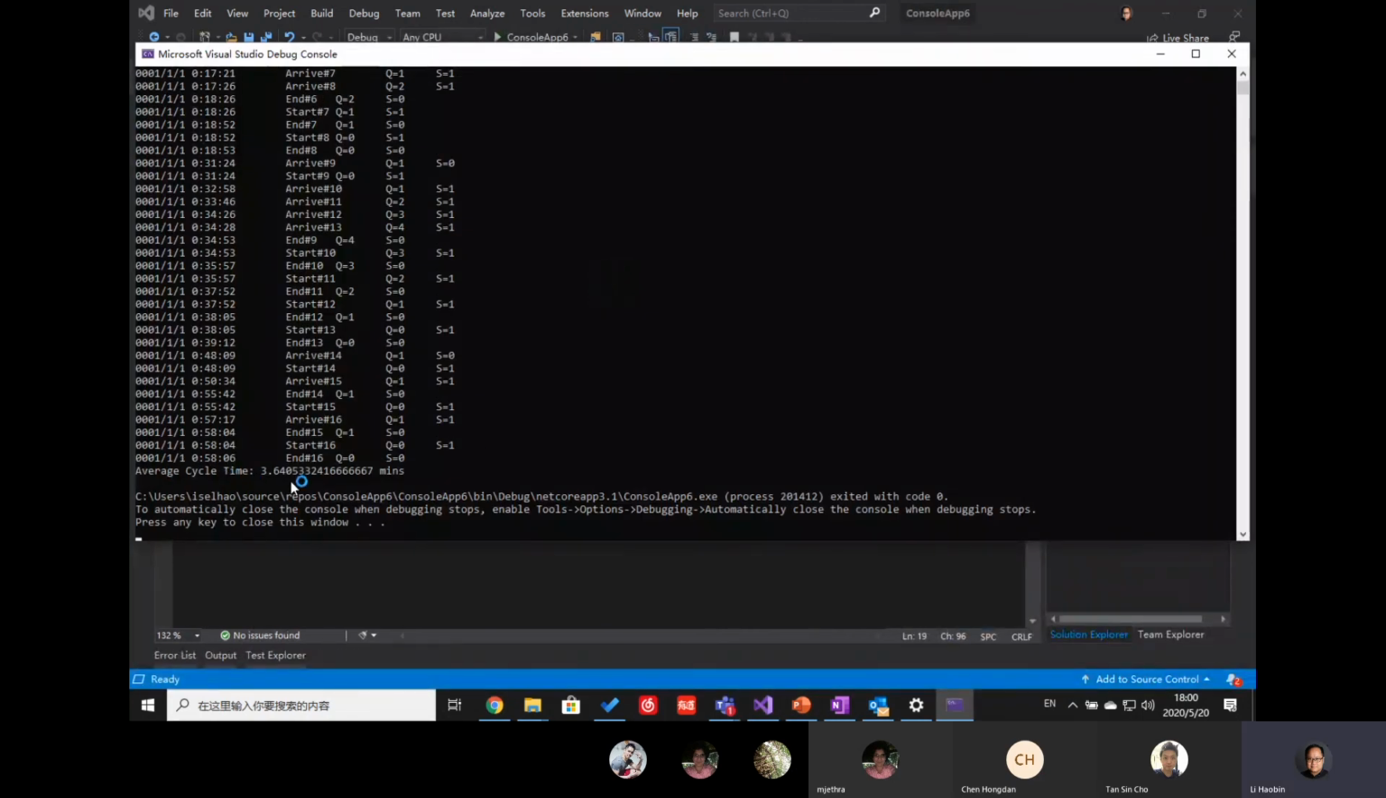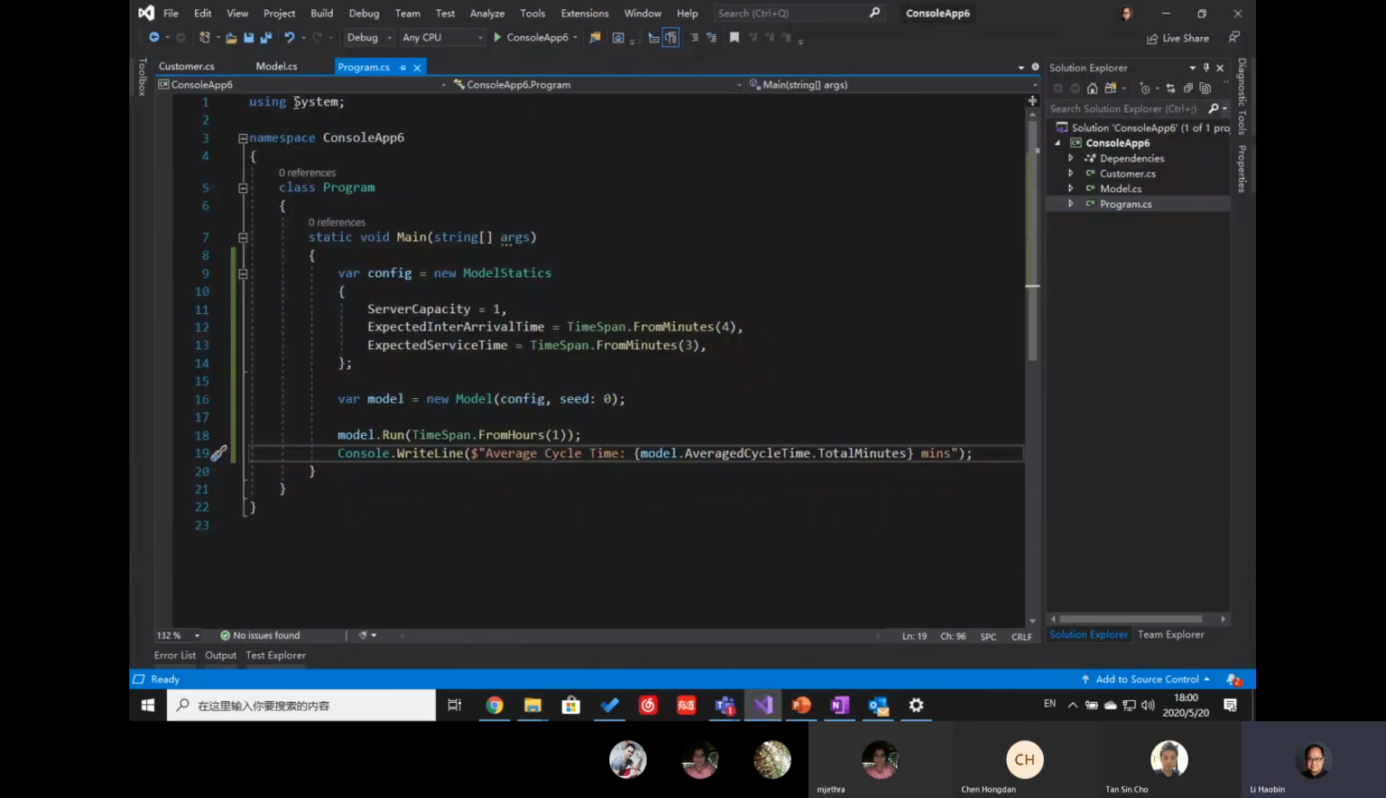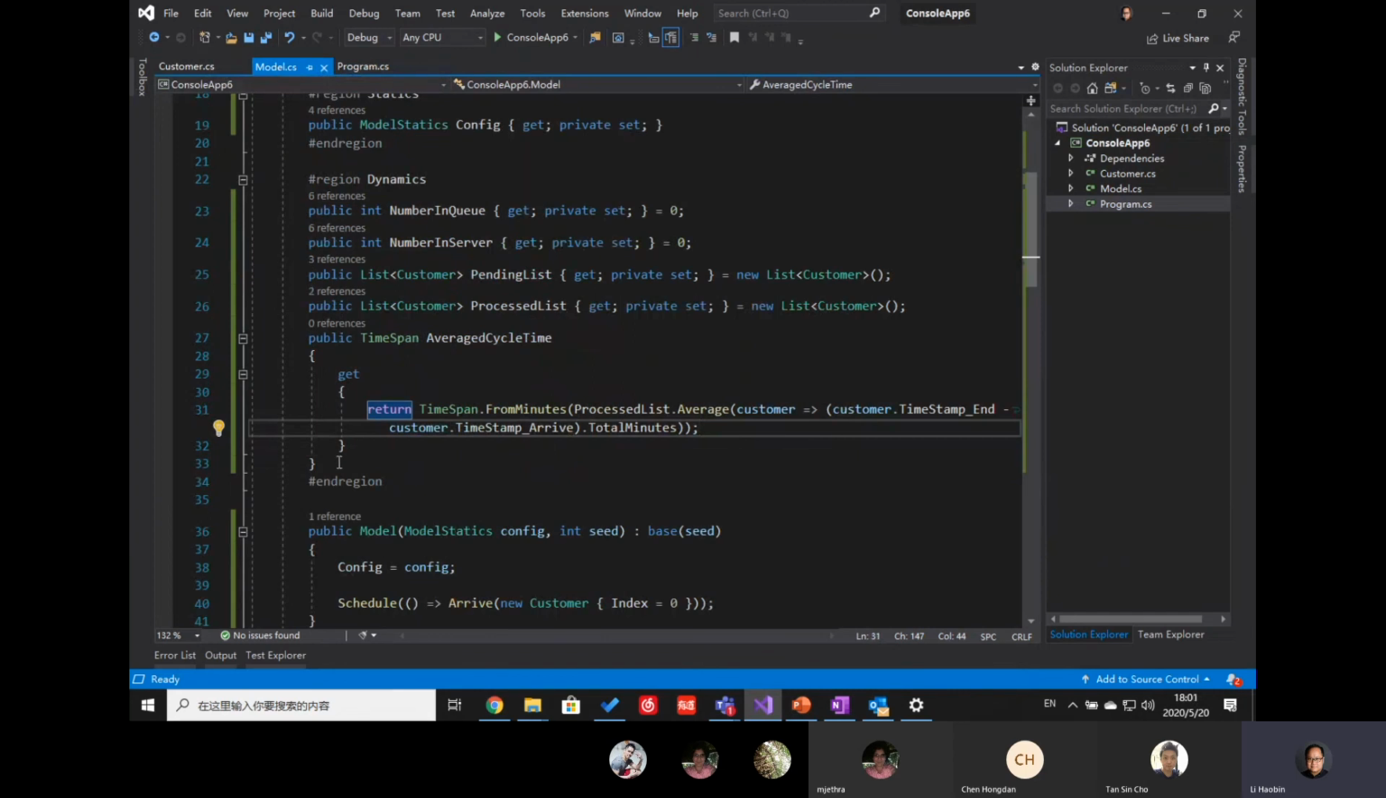Okay, you can see average cycle time is this one. Okay, any questions on this? Okay, if no, I will continue to show some other statistics. Okay, we're going to look at